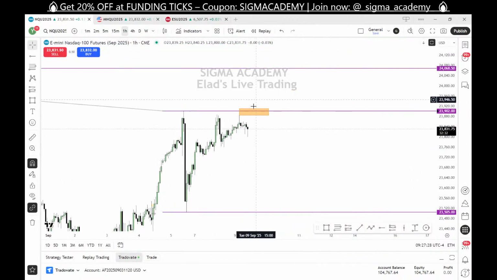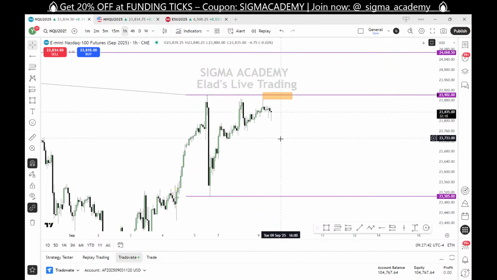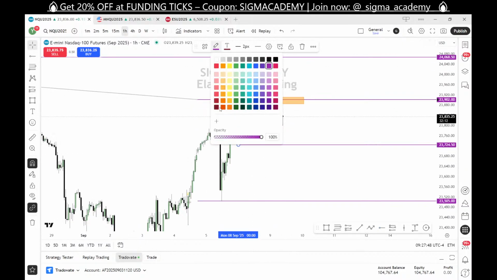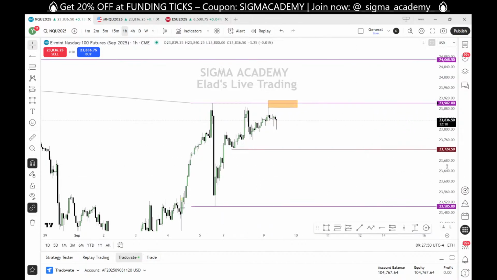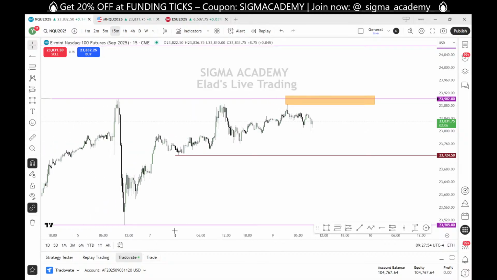So this is where I think the market will head to, or go first in the first place to take those highs and go lower. So this is the main point of interest right here. Also, we can anticipate for something to happen here. Why here? You will see it much better on the 15 minutes.